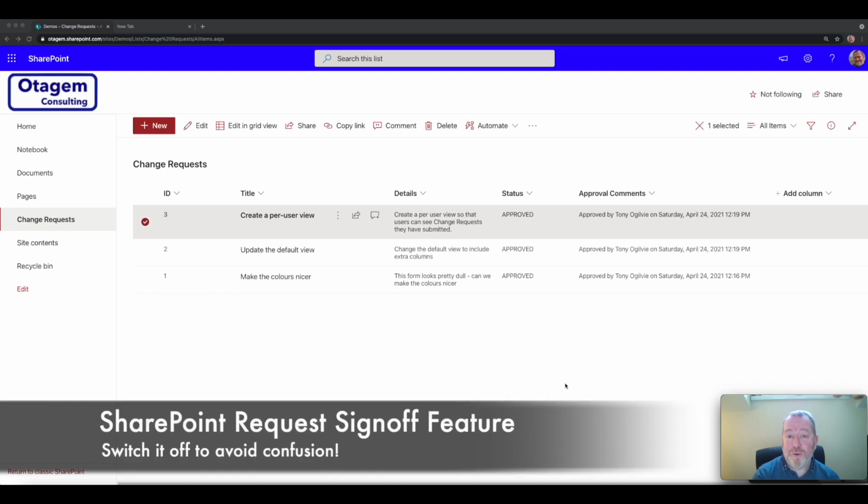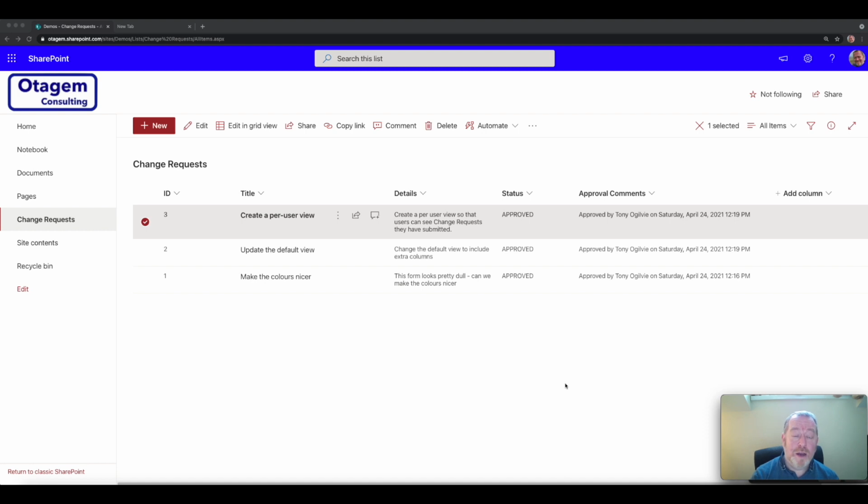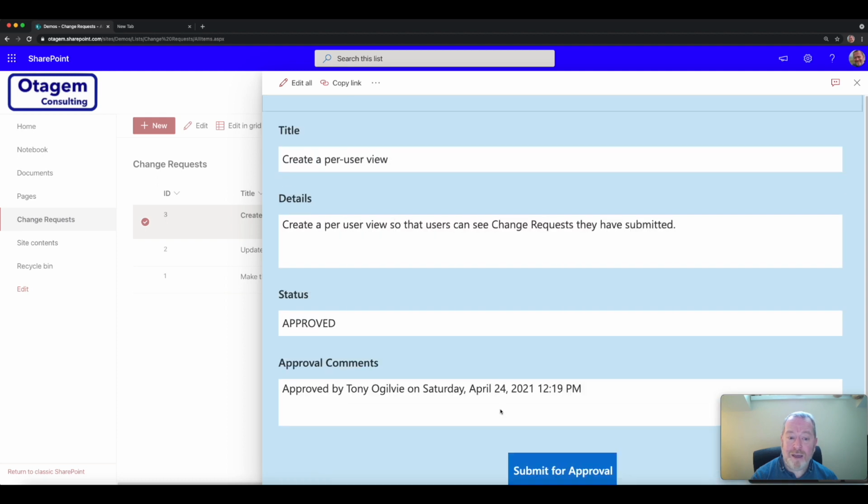Okay, so in this quick video, we're going to see how to switch off the request sign-off feature in a SharePoint list. Why would you want to switch off that feature? Well, quite often in a SharePoint list, if you've implemented an approval process using Microsoft Flow, that can be really, really useful because it allows you to implement forms like this along with custom approval processes behind the scenes to